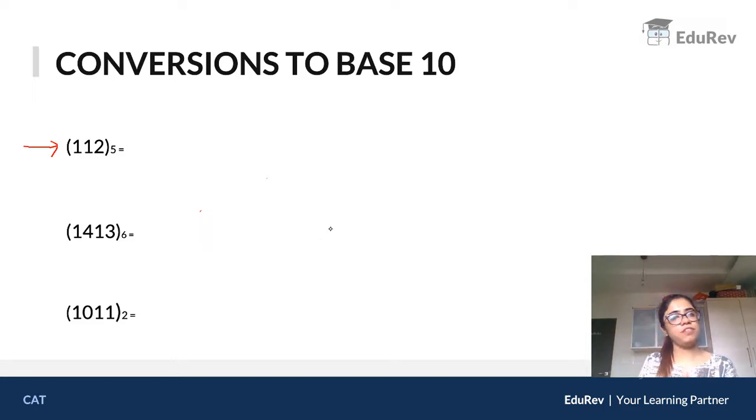When I say base 5, you can define only 5 digits, that is 0, 1, 2, 3, 4. That's it. No other number, number 5, number 6, number 9 is not defined in this system. So you can form any number with only 0, 1, 2, 3, 4. Now how do you convert this number to base 10? What is the process? Imagine, had this been to the base 10,